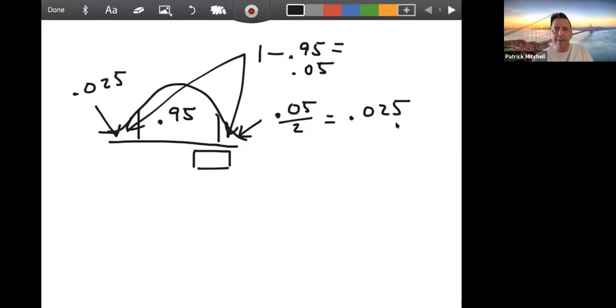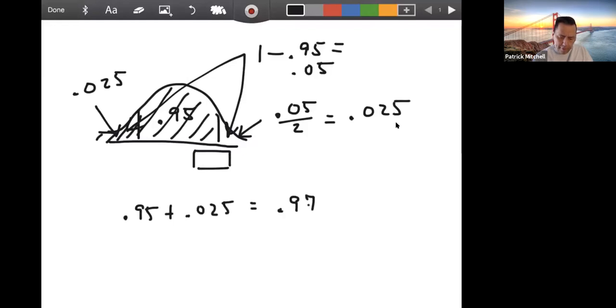Remember that table A2 allows you to find z-scores if you know the area to the left. So if I take this region and this region all put together, that gives me 0.95 plus 0.025 equals 0.975, and I'm going to tack a 0 onto the end of that. And now, if I switch over to table A2,